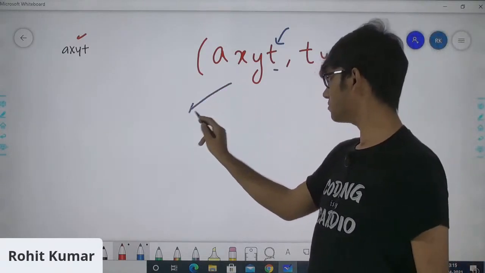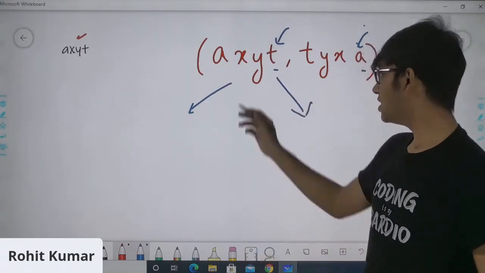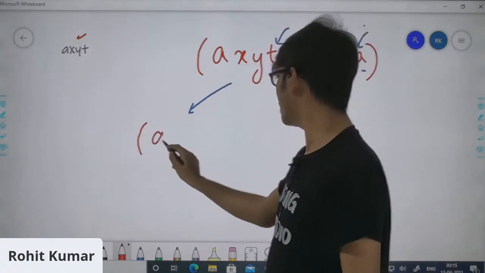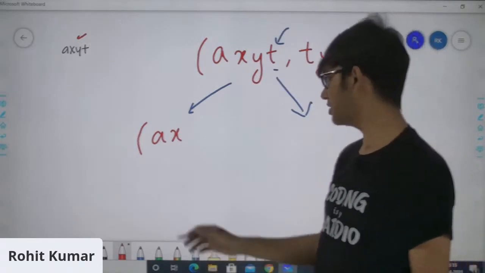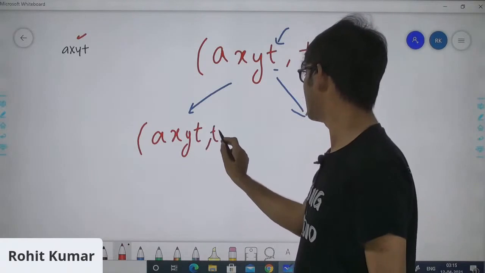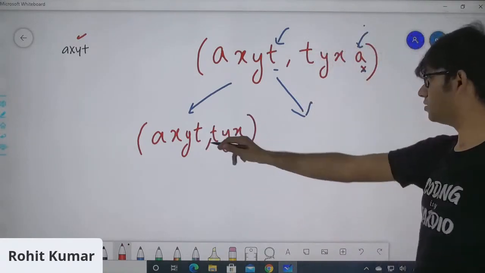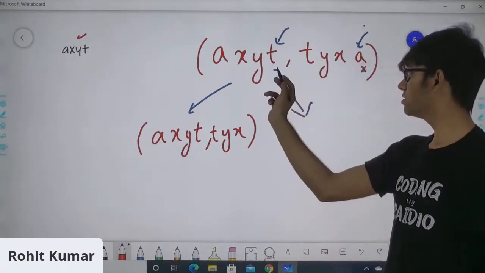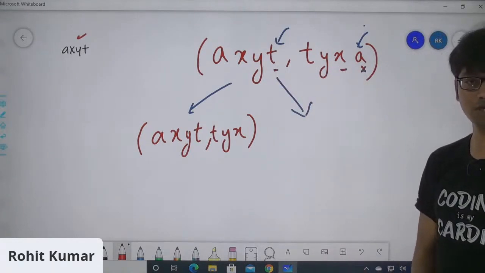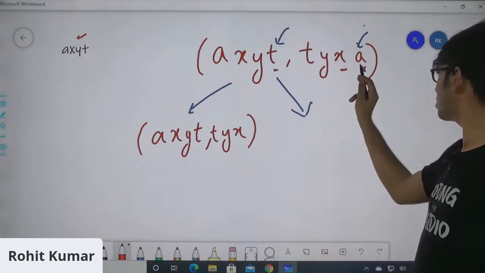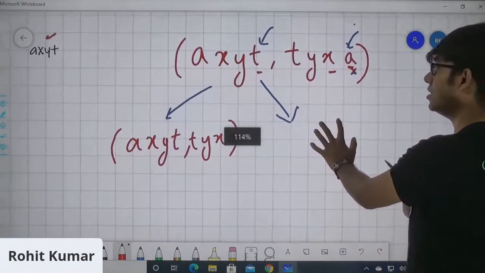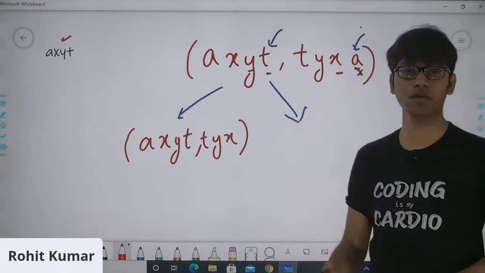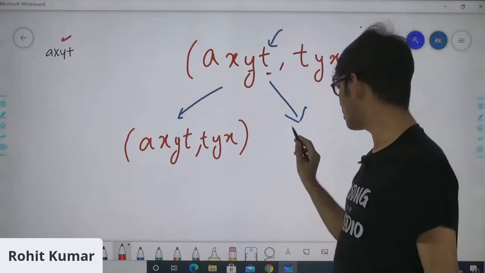So if t is not equal to a, we have two choices. We can exclude the last element of any one of them. Don't worry, I'll explain it in detail. Let me write it. Over here I have excluded this a in this call, because when I have two strings and the last characters of both of them are not matching, there is a possibility that this last character could match with the second last character of the other string, right? And similarly, if I take the last character of this string, there is a possibility that this small a could match with the second last character of the other string. I see that over here those are not possible, but I'm saying it in a general scenario. Okay, let's proceed. So the other call could be